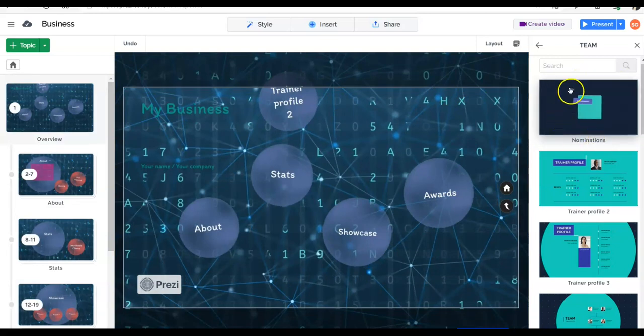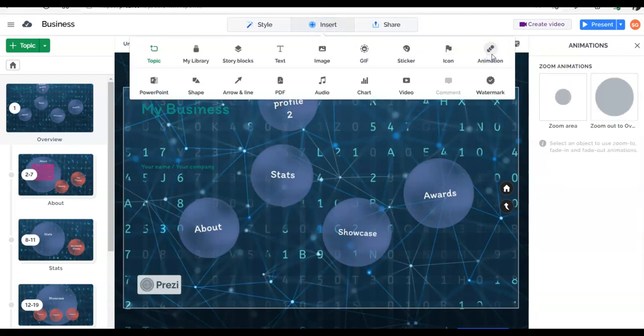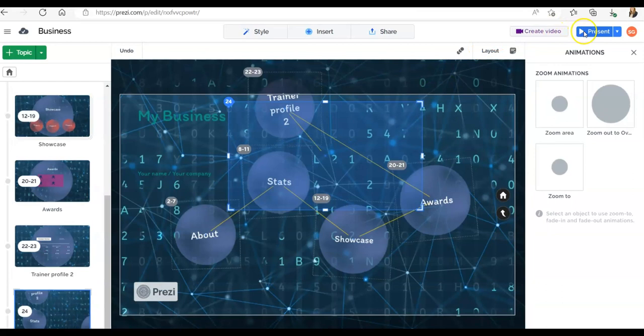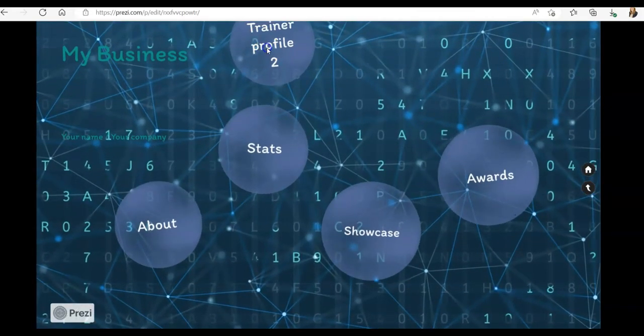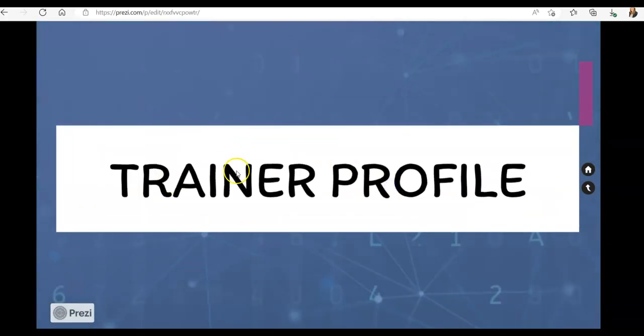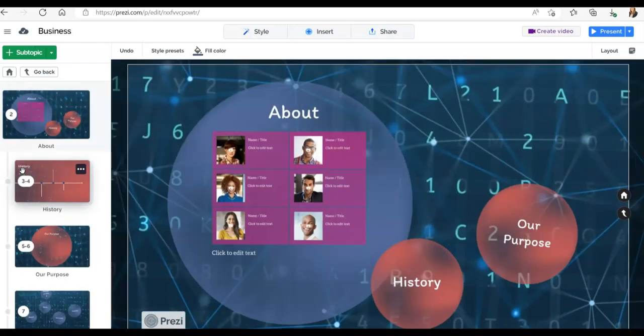You can see on here that this one has some fantastic animation on them. You can also insert animation here as well. You can zoom into an area, you can zoom out of the area, and you can select on here what it is that you would like to add to that element. At any time you can present to have a look and it will show you what it looks like. So you can see here what mine looks like when I click on the elements of the presenter view. If you want to come out of the presenter view, like you would on other programs, if you press the escape button, it will take you back to this screen that will then allow you to be able to continue